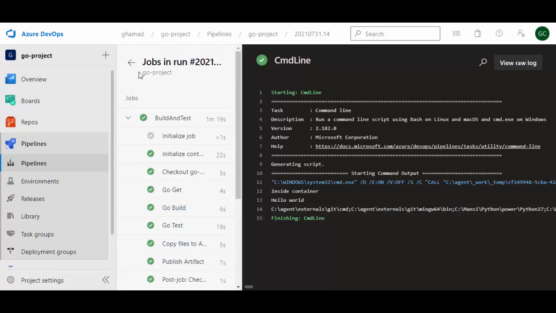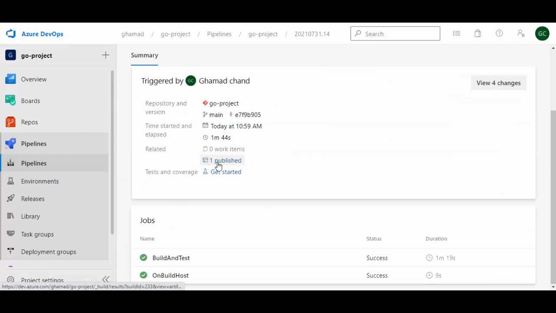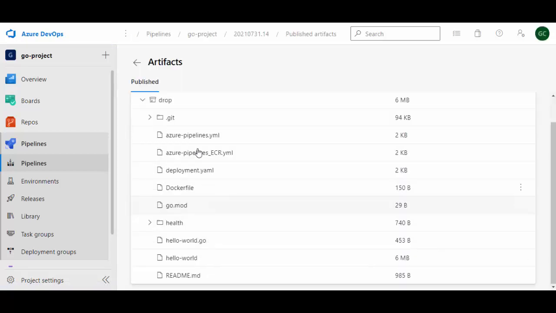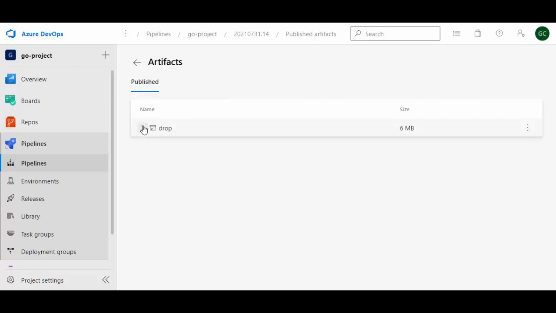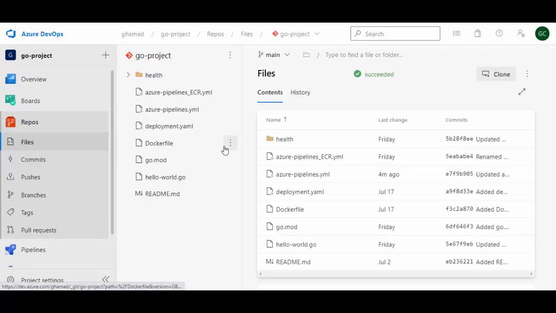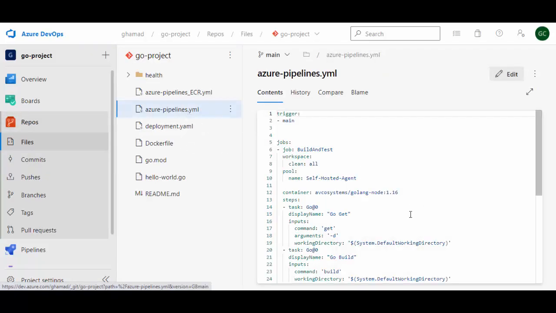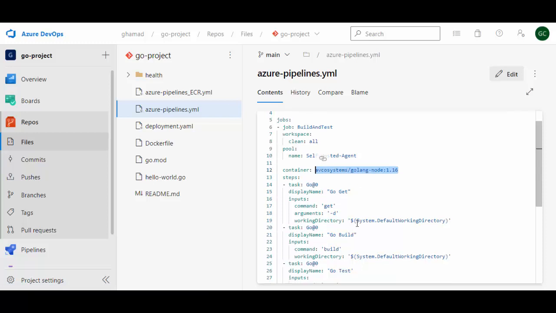Now, if you go back, you can see here one published. And so here is your published thing. So I'm publishing everything right now, but you can restrict what you want to publish. So as you can see now, this is a very convenient way of building your project where you do not need to worry about installing dependencies or different versions of dependencies and then making sure the right version is picked up. Rather, you can create such images which will have your dependencies and then run them as container